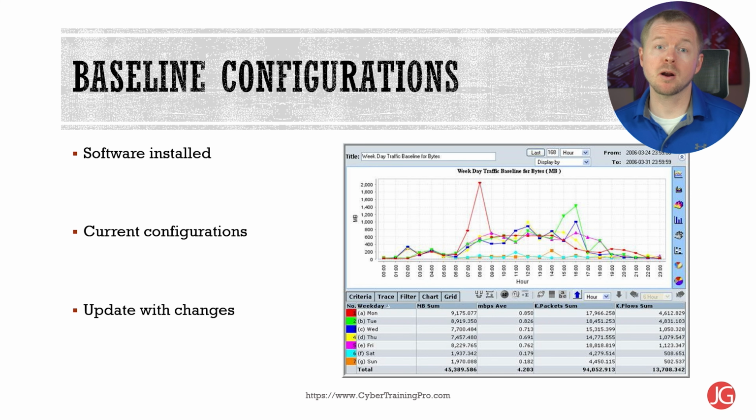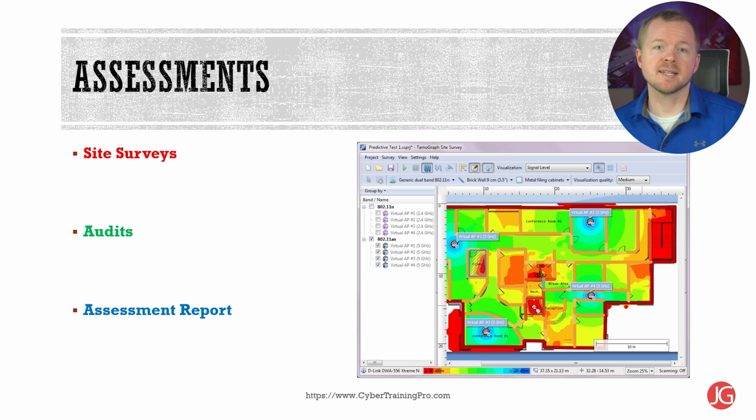Baseline configurations are another category of documentation that you need. This includes things like software that's installed or configurations that you're using. The configurations change over time, so this has to be kept up to date. Assessments is the last category, and this refers to any kind of assessment that's done against your data center. Site surveys deal with the data center layout and space utilization, how everything is installed, future requirements, and any concerns